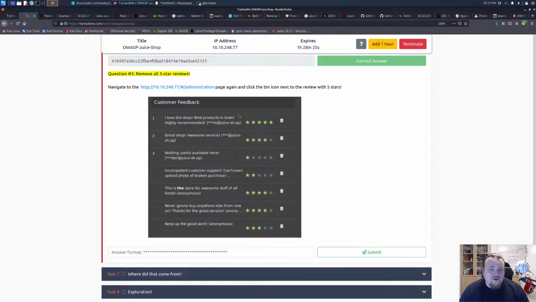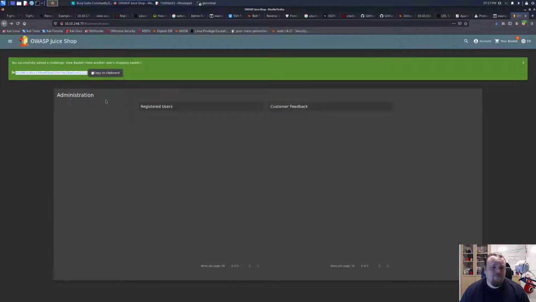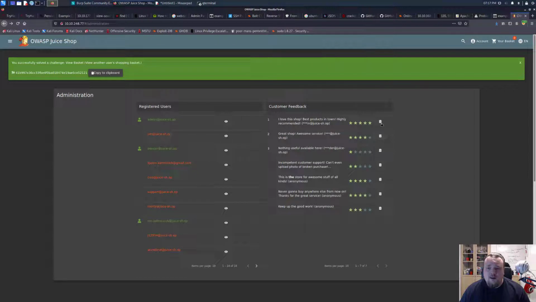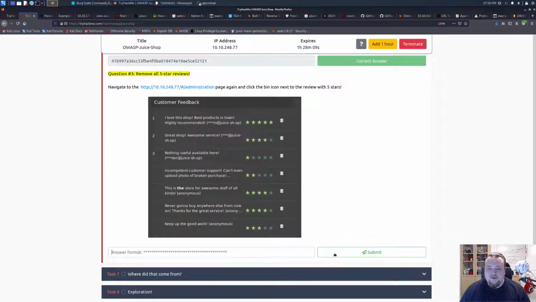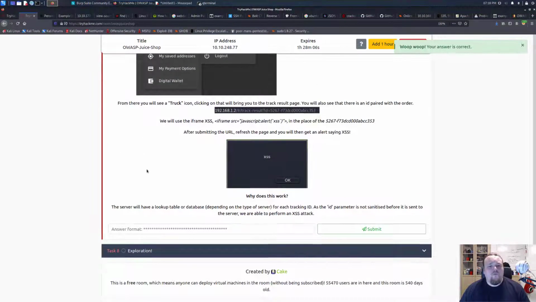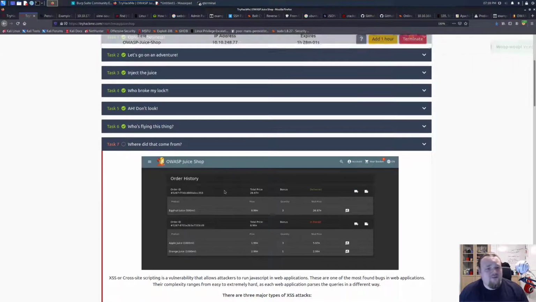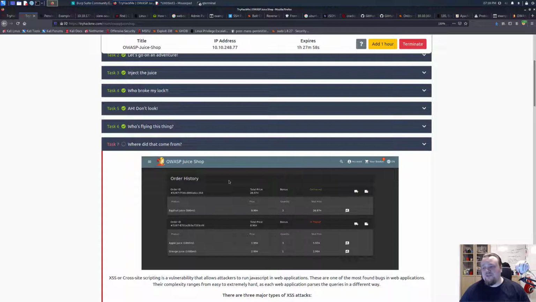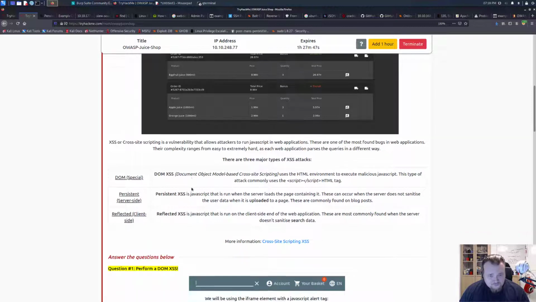Alright, so let's say remove all 5-star reviews, and we can go to the administration page one more time and basically ditch that one, and now we get the flag. Alright then, very interesting. Now, where did that come from? So that is one of the last tasks. I wouldn't say this room is very interesting, but I guess it showcases some of the interesting attacks and things you can do. So yeah,